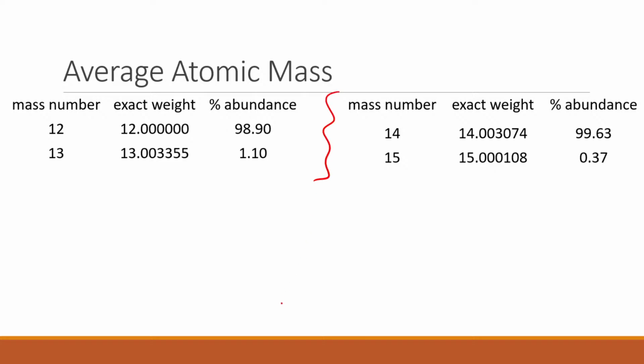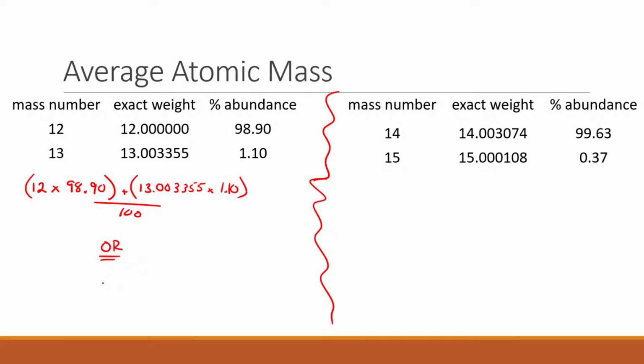Here we have two separate problems. And notice they give us exact weights and abundances for each of my isotopes. So if I want to find the average atomic mass of this element, I'm going to plug into my formula. And I can do either 12.00000 times 98.90 plus 13.003355 times 1.10 over 100,